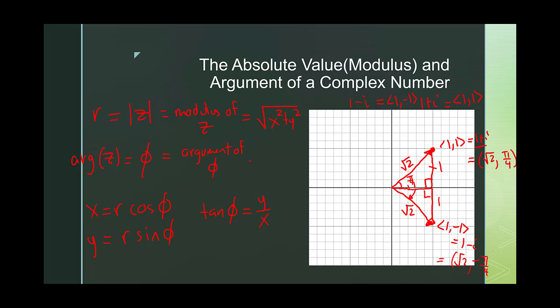Okay. Now one thing I want to note at this point, notice that modulus is always positive. Modulus is always positive because modulus is the length of your vector. And there's only one modulus. However, arguments, there's infinitely many for any complex number. Now the reason for this is it's the argument, it's the angle.